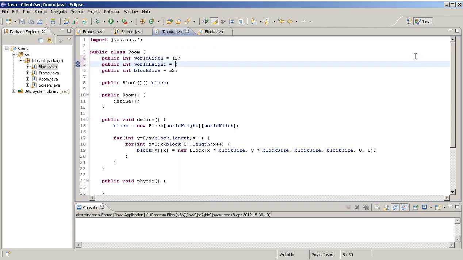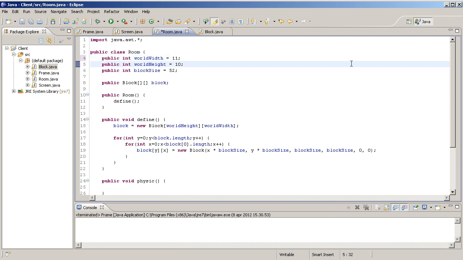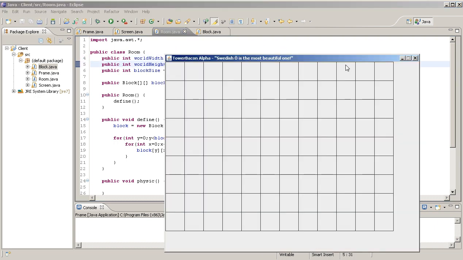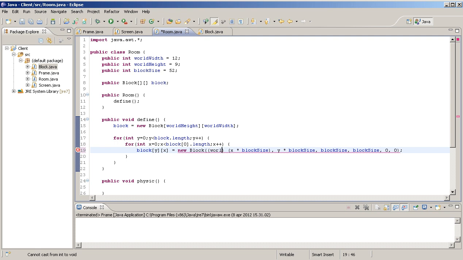So 11, 12, 9, 10, 12, 11, 12, 9, and we just want this to be centered, or yeah, in order to do that we should be able to just do, wait a second, if we add this to brackets, and in this one we just do, and then minus, no, we just want to do basically world width times block size divided by 2 minus